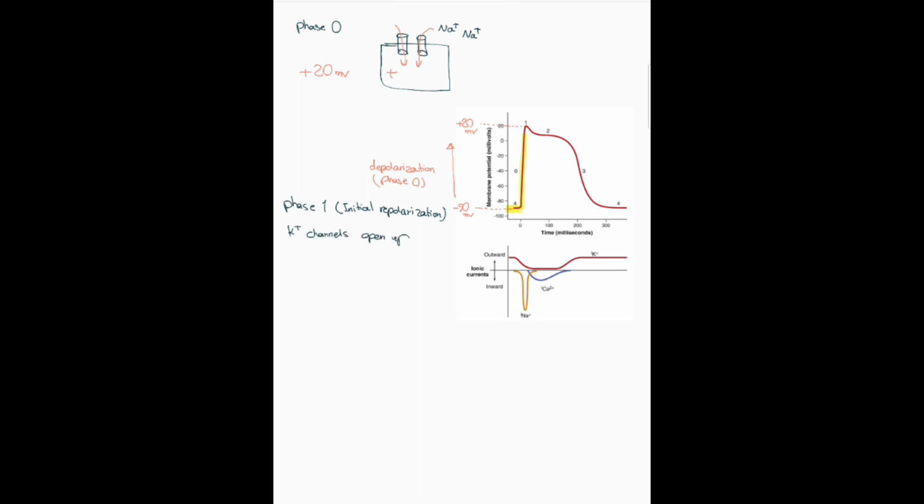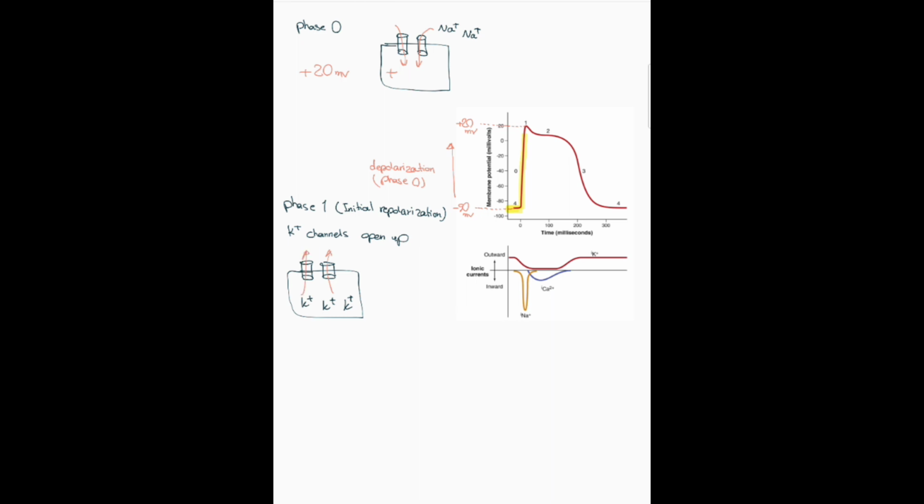So now we understand the reason for this part of the figure. Let's understand why this part of the figure is like this. When sodium channels open, sodium rushes into the cell. So now the inside is positive compared to outside, and it reaches positive 20 mV. Going from being negative 90 mV inside the cell to being positive 20 mV inside the cell is called depolarization, or phase 0. In phase 1, or initial repolarization, by reaching positive 20 mV, all the sodium channels close and